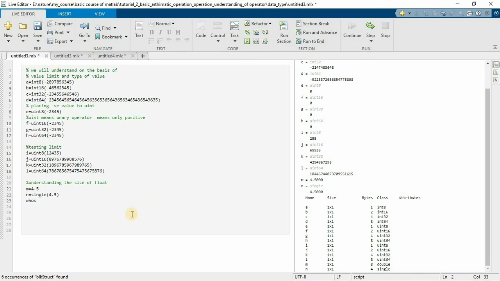So the purpose of data type is simply this. Suppose you are one programmer who stores 4.5 in A. Similarly, some other programmer stores 4.5 as a single.